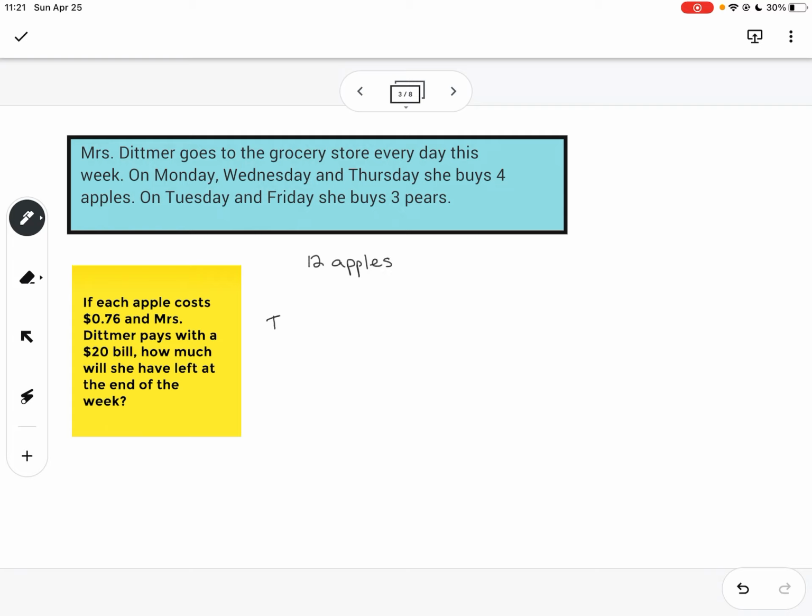So the first thing I need to know is my total cost of the apples. So my total cost is the apples, and I've got 76 cents times 12 apples. So I'm using my multiplication here. So 76 times 12 apples would give me